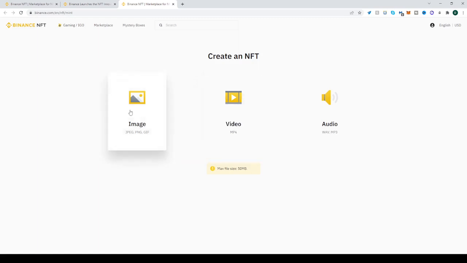But they're included in the image type, so I won't worry so much about them in video. And of course audio NFTs as well. The maximum file size you can use is 50 megabytes, but